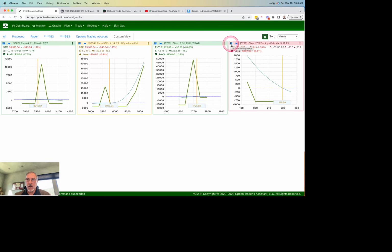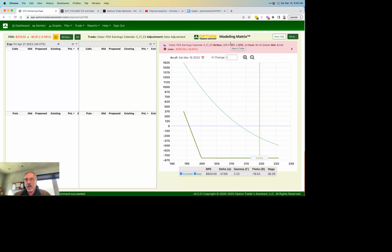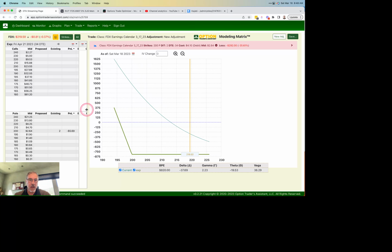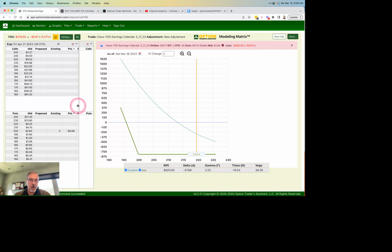So this one, kind of an interesting trade. As you'll recall, this had been a calendar trade, but our front period, our short period that we sold, expired, leaving us with this. So this is what we want. Well, it's not what we wanted. But when we have that longer out expiration, in this case, all the way out April 21st, 34 days,